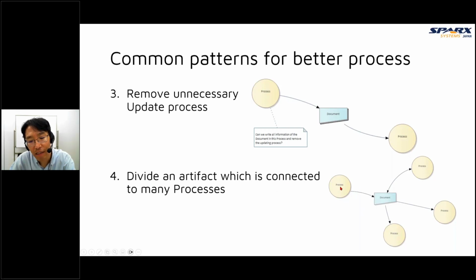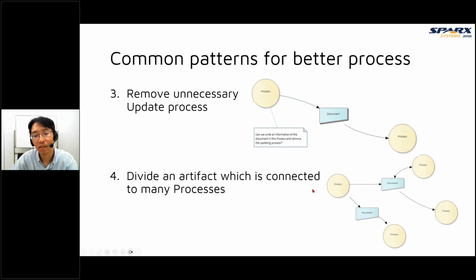So in this case, this process creates this document, and this process updates this document, and this document is used in these two processes. In this case, can we divide it into two documents?